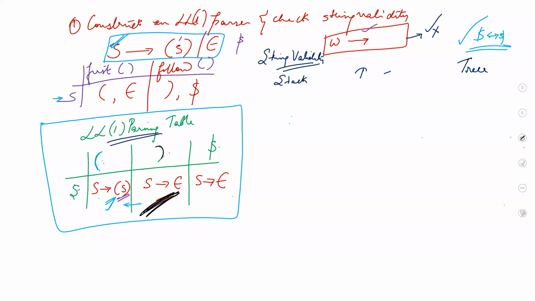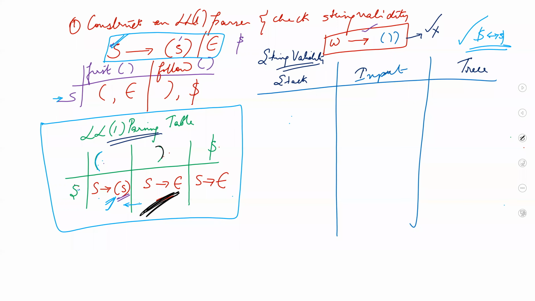Same grammar, check for the validity of a string. Okay, this is the string which you need to check the validity of. Okay, because it is the same grammar, we have the same first and follow. We have the same LL1 parsing table. You start here with $. Your input is this, and then you start with S. Okay, so we'll do it quickly. You don't end it up with S. Sorry, you don't begin it with S. You end it up with S. I made a mistake. Okay, you end it up with $.